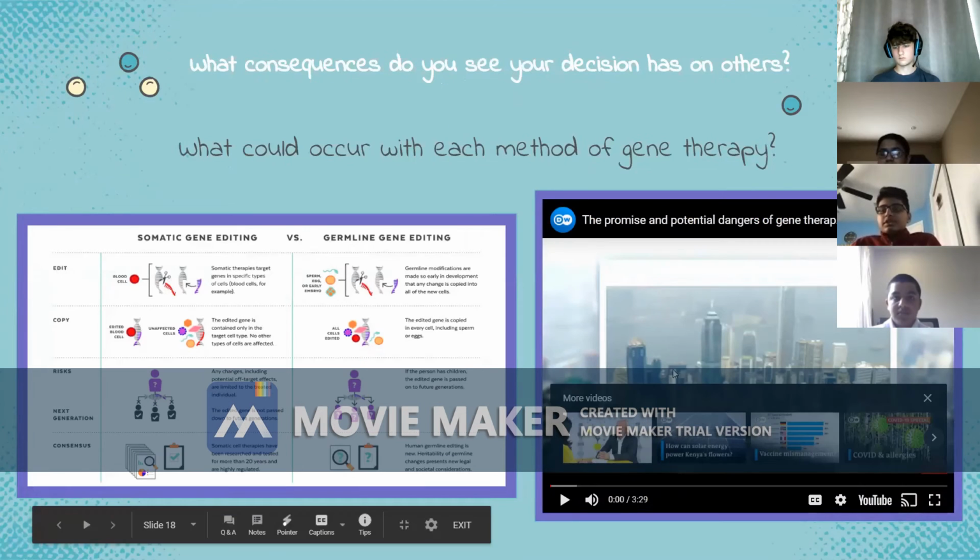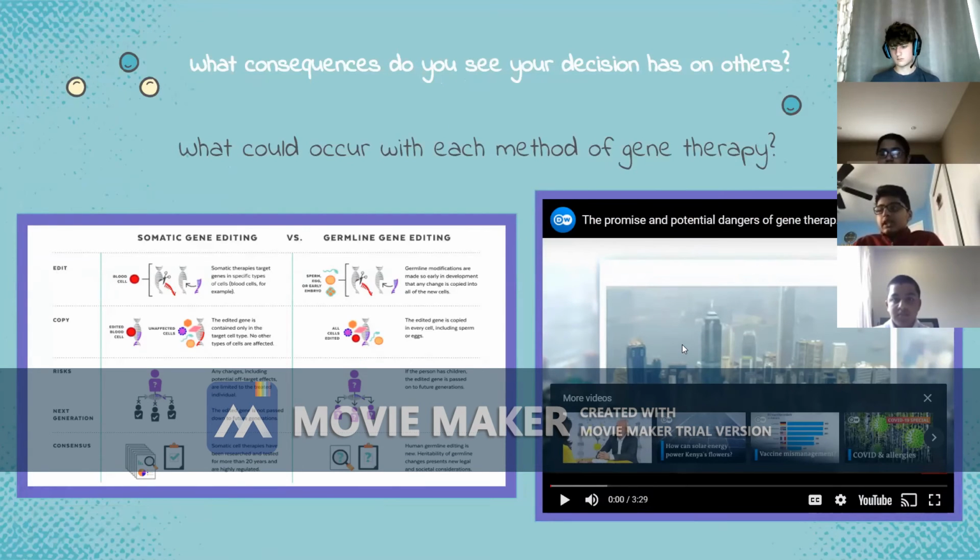What consequences do you see your decision has on others? The consequences of allowing germline gene therapy is that it could cause a fetus to have side effects that are not known yet. If germline gene therapy is allowed by the government and then causes a new disease to come up in a person's body that is unknown,